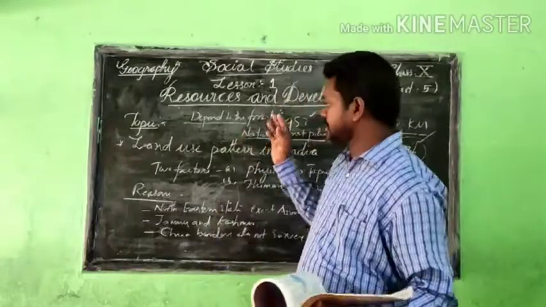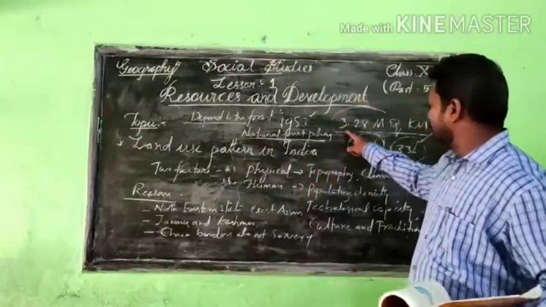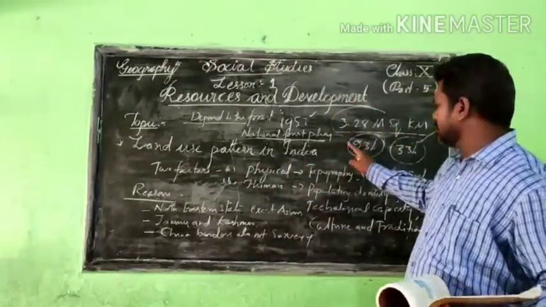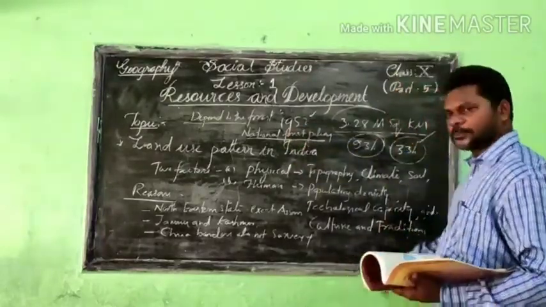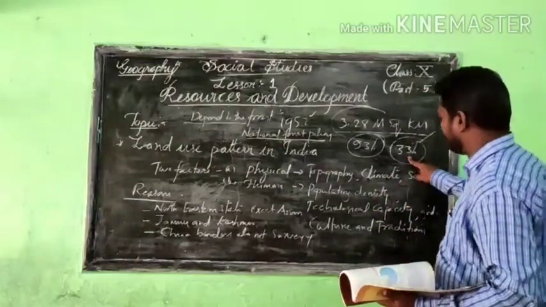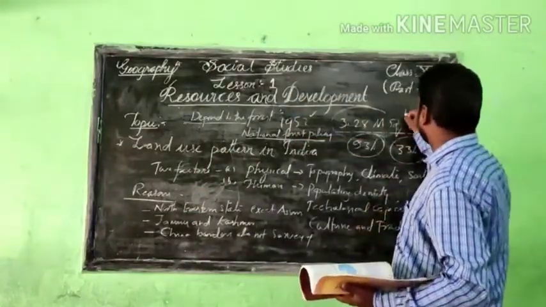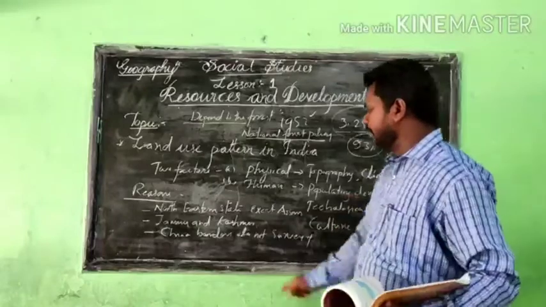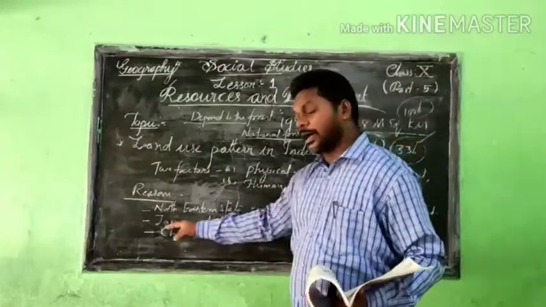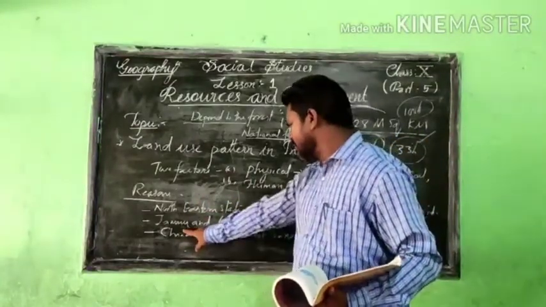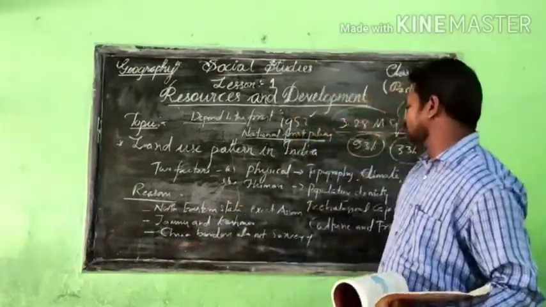So this is all the information explained under the main topic of land use pattern in India. We have 3.28 million square kilometers of land, and we use only 93%. According to the National Forest Policy of 1952, we needed 33% of land as forest, but forest decreased. There are many reasons why we are unable to cover 100% of the land for agriculture. In the northeastern states except Assam, we can't do complete agriculture or complete zone surveys. In Jammu and Kashmir, some areas are occupied by Pakistan. And third, the China border is also not surveyed properly.